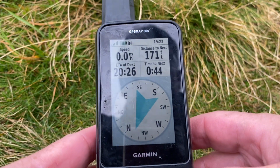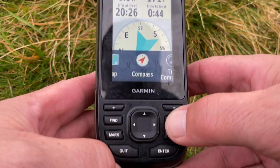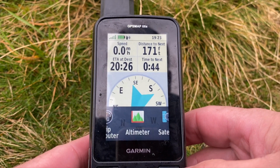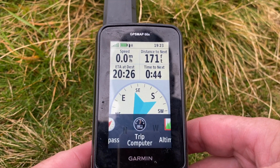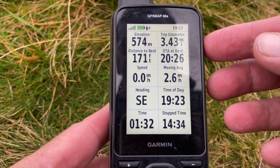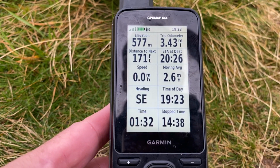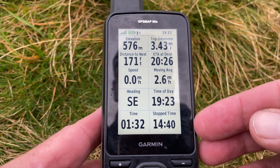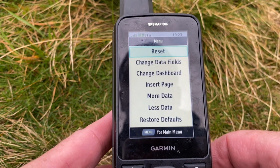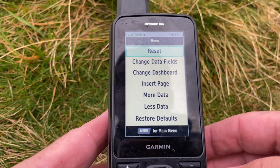Now to navigate on this unit, you can either press the page button, you can see the pages scroll across the bottom, or alternatively press the quick button and they go the opposite way. So press the page button, and off the compass page, we've got the trip computer page. That tells us how far we are from sea level, how far we've walked, distance to next waypoint, ETA of destination, moving time, time of day, stop time, etc. Now all these are changeable. We can change these by pressing menu and then change data fields,